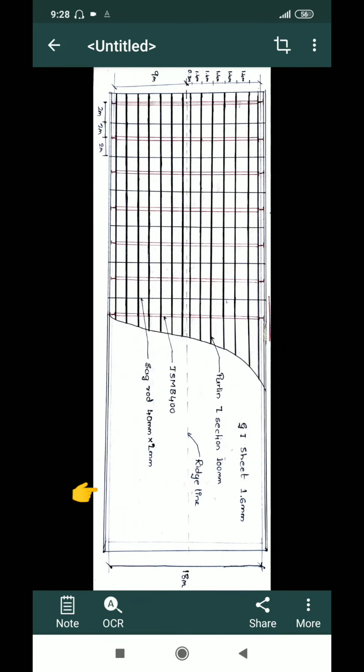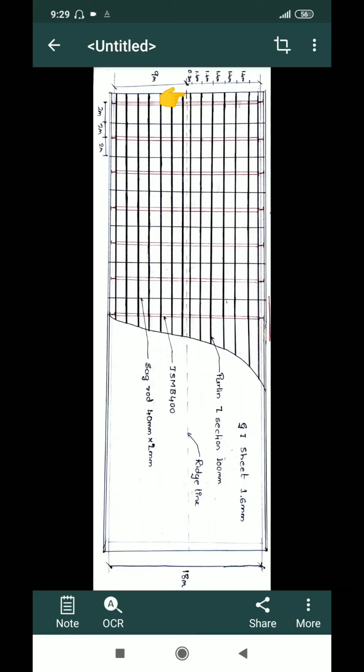So I have provided the columns here, and then I have provided primary beams. But when I provide a sheet over these primary beams, a sheet cannot stand solely on these beams and columns, because the gap is almost 4 meters and this gap is almost 18 meters. So what I will do is divide this 18-meter gap into several individual sections by providing purlins, so that these purlins will allow me to connect the beams with the sheet.